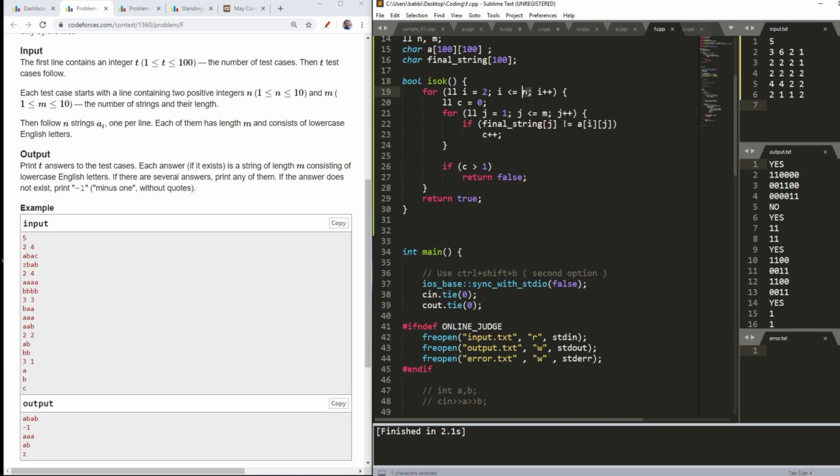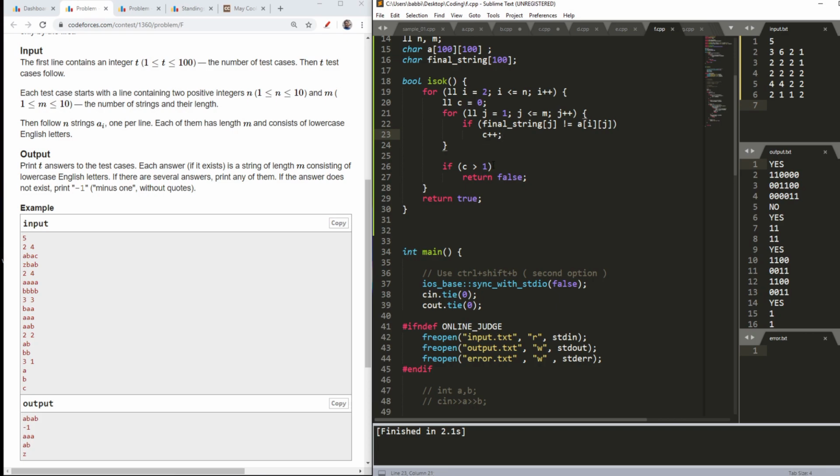From 2 to n, I will check it with the string which I modified, which was the first string, and if the characters are not equal, then I will increase my value of C.